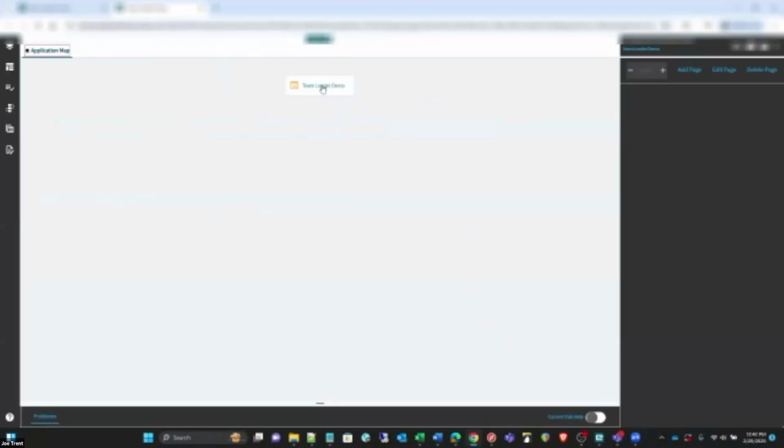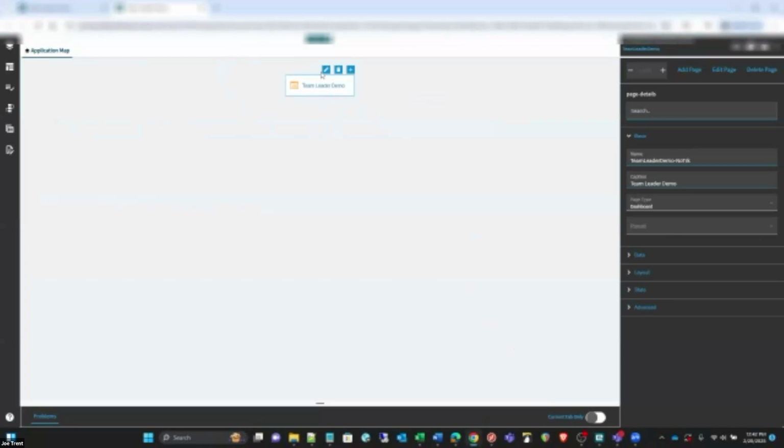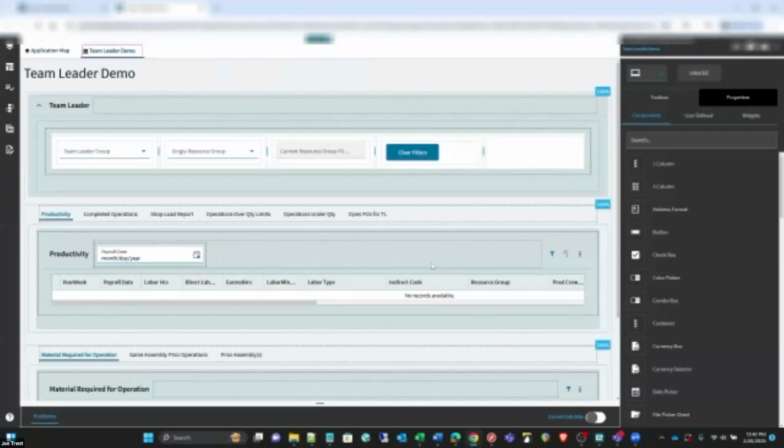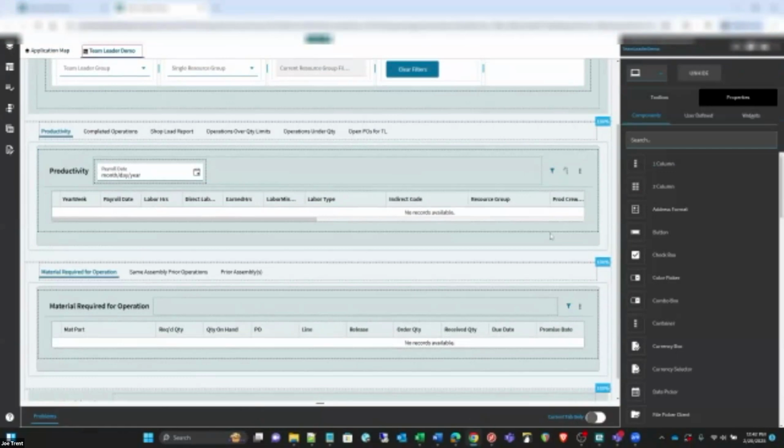Notice here we've got just the one page that is generated for us. We'll take a look at that. The original dashboard converted from Classic contains just this section right here, and this is a group of grids just bound together in a tab format. There are secondary ones down here,